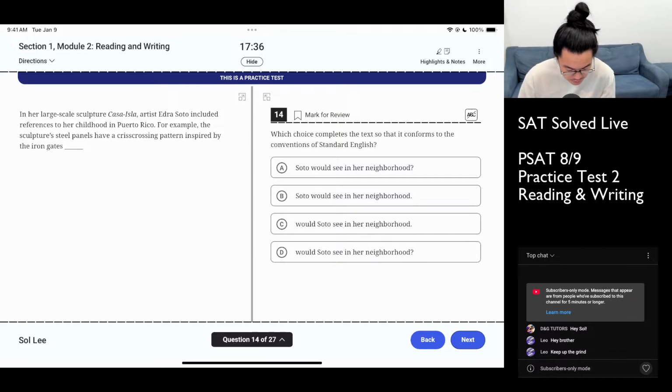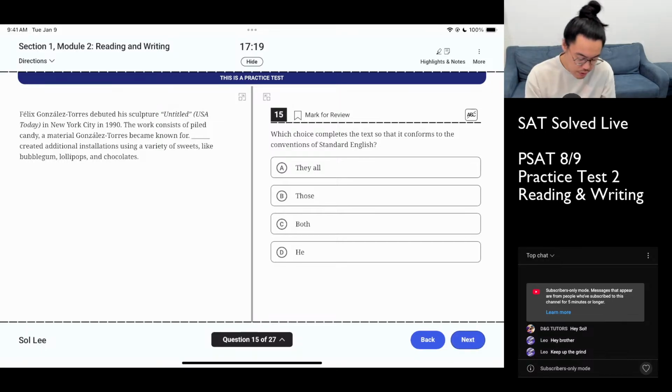Casa Isla. Okay, Casa Isla. Puerto Rico. Panels, steel patterns, crisscrossed by the iron gates that she would see in her neighborhood. Got it? I forgot we're in grammar. There we go. The work consists of piled candy, known for it. He created additional installations. Yeah, I mean, it has to be him. So